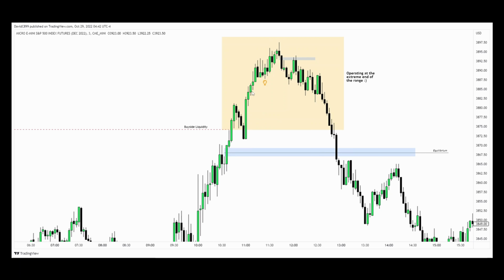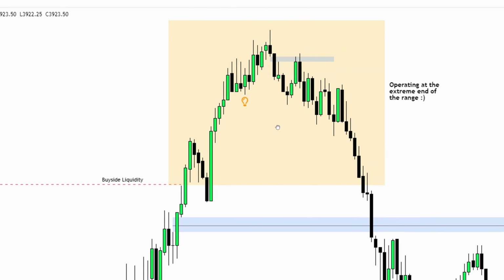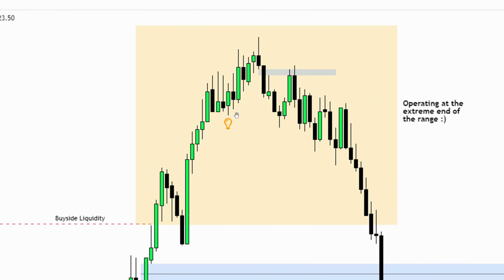We are still operating in the orange box after the buy side liquidity raid at the extreme end of the range. We can see here that price broke the market structure to the downside and created a tiny fair value gap in here. This is my entry point